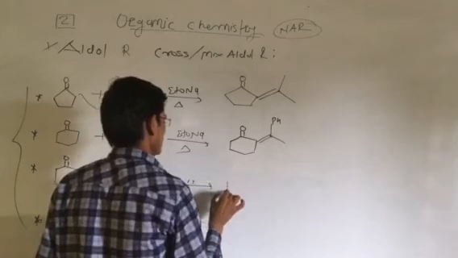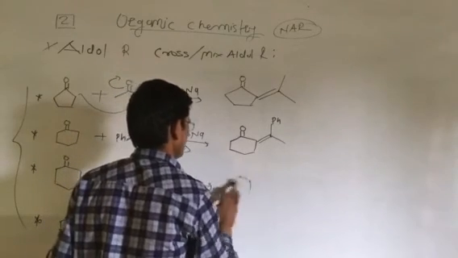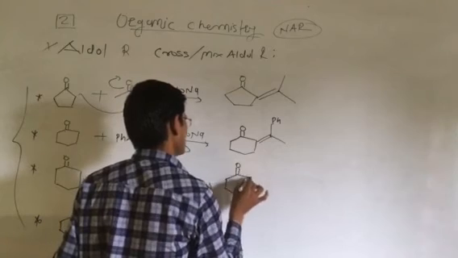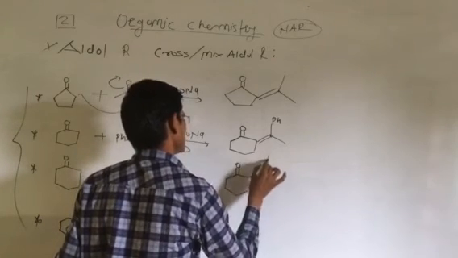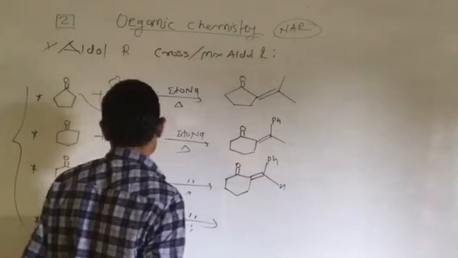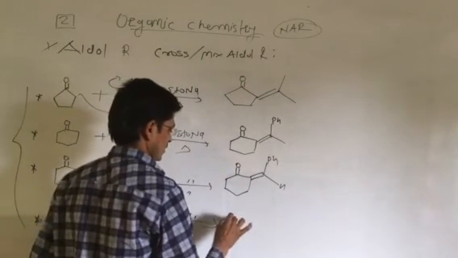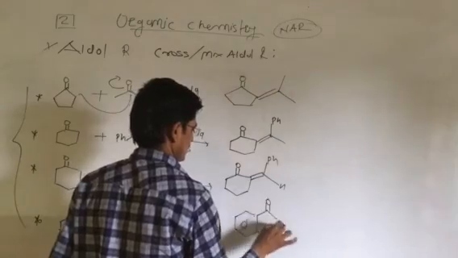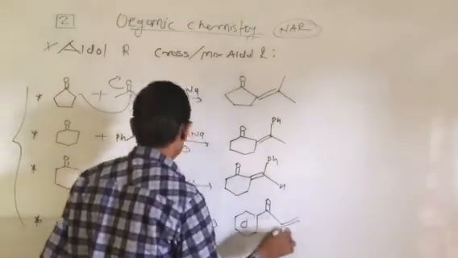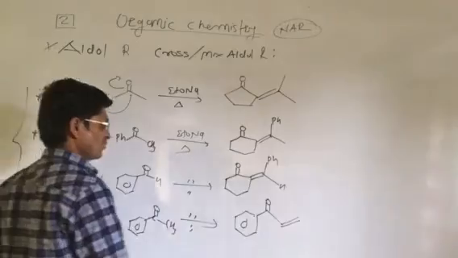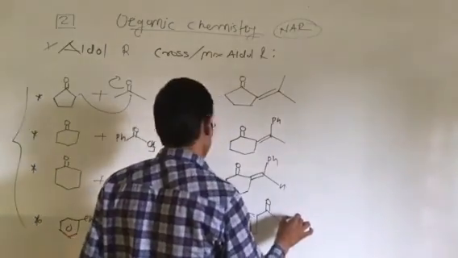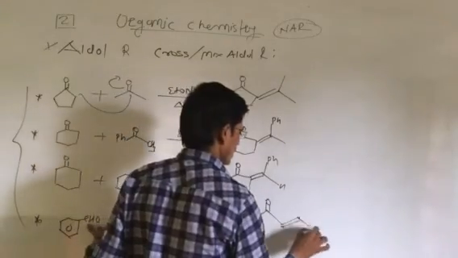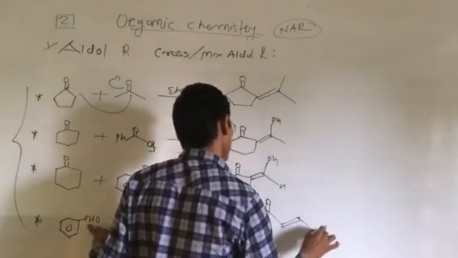Again here we have cyclohexanone. This cyclohexanone is as it is, and the double bond is formed here. This one is the Ph, this one is the hydrogen. Here is acetophenone, with C double bond O as it is. Again here CH3, and the double bond will come here. This is carbon 1, 2, 3, and here will come our Ph.